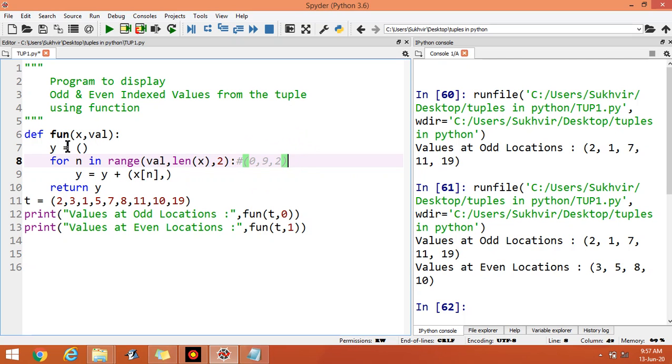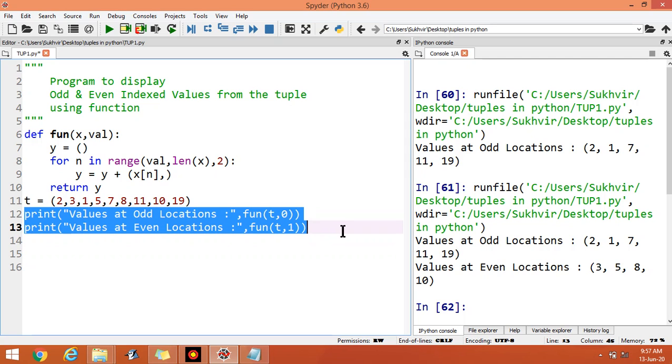And what is the meaning of this? Y is empty tuple and we have to add all the items according to location. X0, it means I am picking the first value, that is 2. Then x3, I am picking the second value, that is 1. I display 1 here and separated by comma. Then return y. Basically I am printing the value of y from this for loop. Hope you understand the content of applying this criteria.